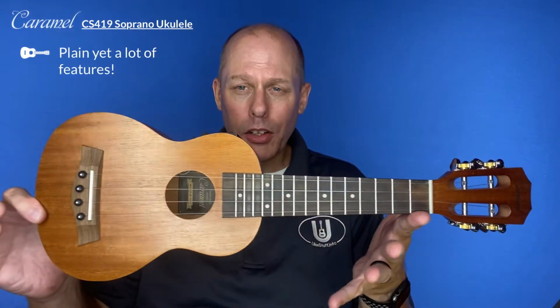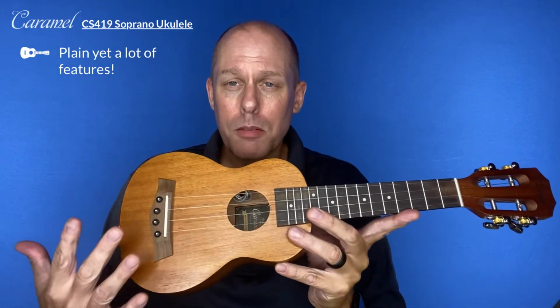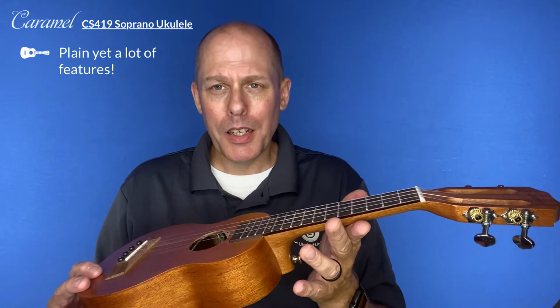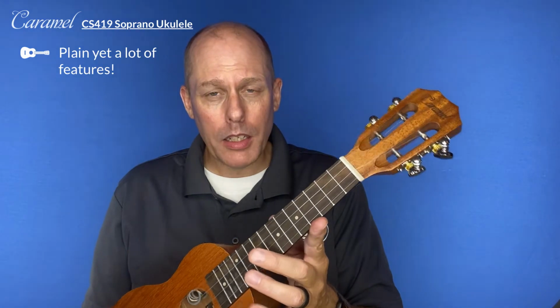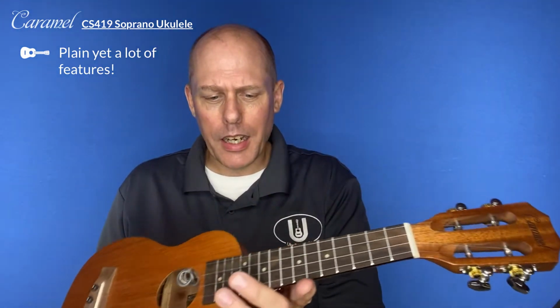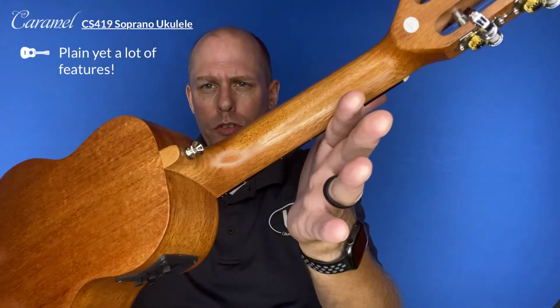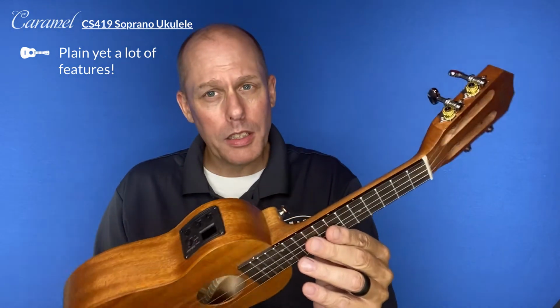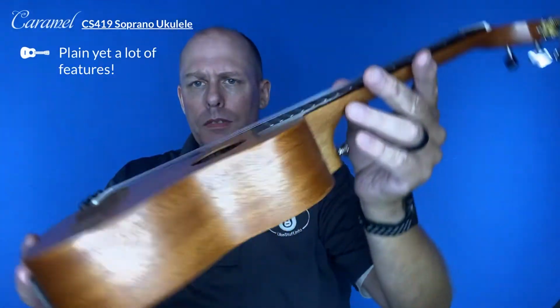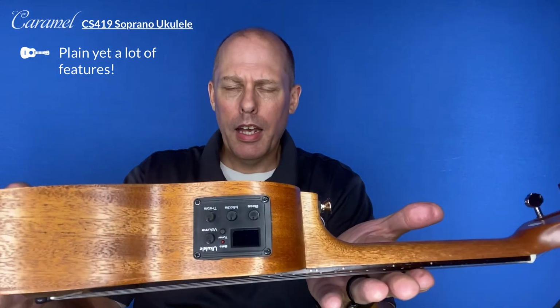Well, it's plain looking, right? It's a standard solid mahogany soprano, but it has a couple of appointments that are way beyond what you'll see anything else in this price point or even on most sopranos. So you have a slotted headstock, and of course you have strap buttons there. You do have side position markers. We'll get to that in the specifications, but then you also have a pin bridge and you have a pickup